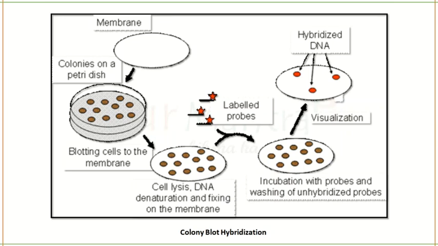So how do you hybridize it? Using colony blot hybridization. You have a Petri plate where colonies of different E. coli cells carrying different fragments will be there. You use a blotting technique to get the DNA from the colonies. You lyse the cells, denature the DNA and fix it. Next, you use probes to label it. Then you visualize the probes. Whatever hybridized DNA is present, that is your gene of interest. By this method, you can find which particular clones are required for you.